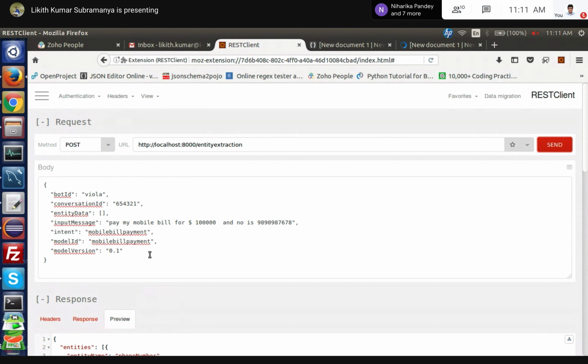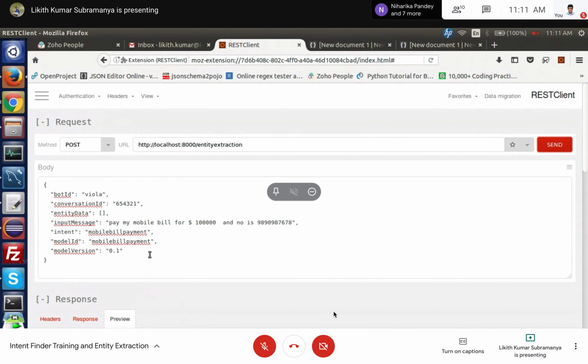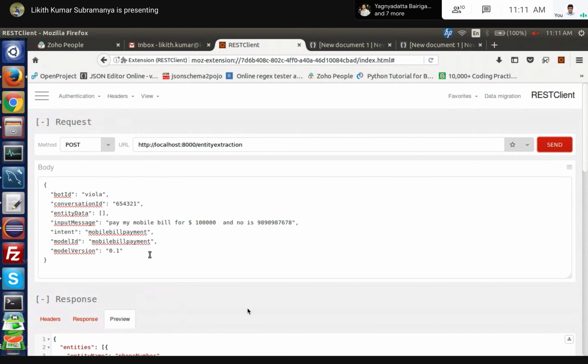In the case of the intent finder, with our office machines it might take a maximum of 1 to 2 hours. We have some 1800 or 1900 utterances, and for that, at most, we used to get 1 hour on our office system.